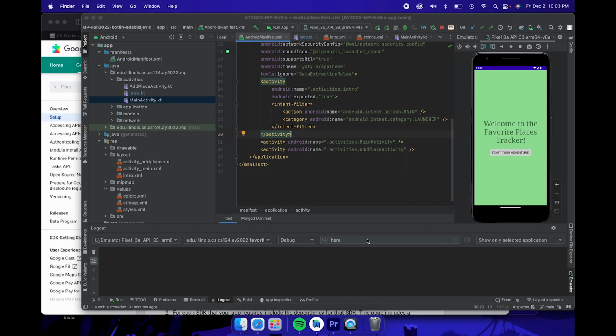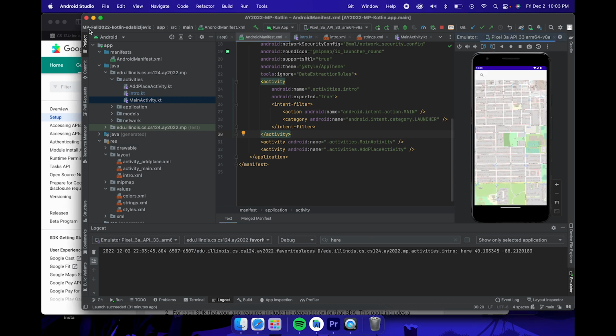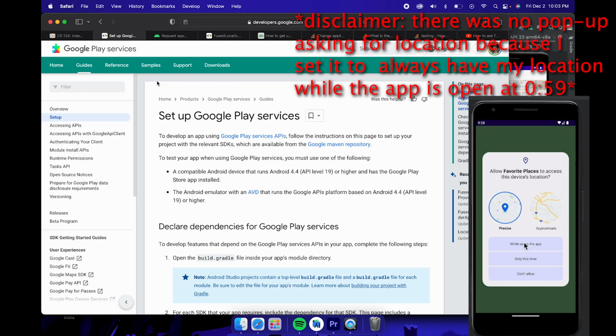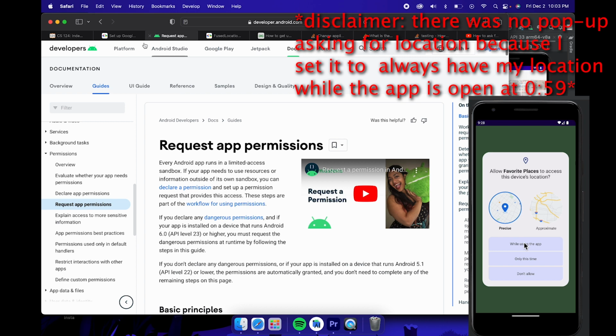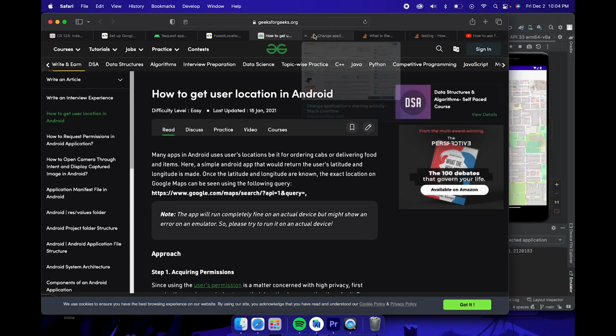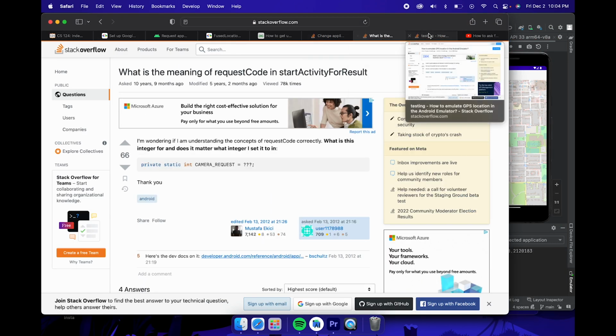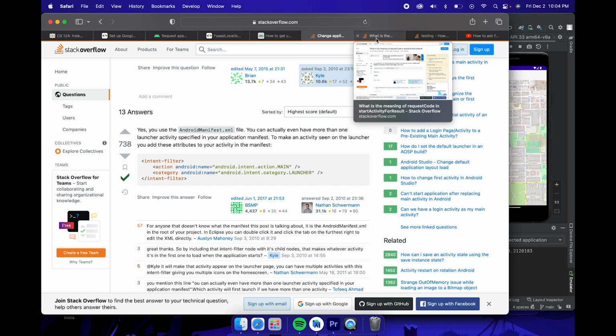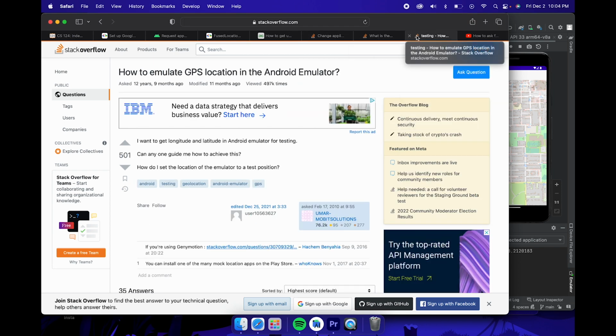And so now that we're done looking at my app, I can start to show you some of the resources that I was using. I looked at a lot of documentation for things and how to implement them. A lot of documentation, a lot of Stack Overflows when I was running into different sorts of errors, and